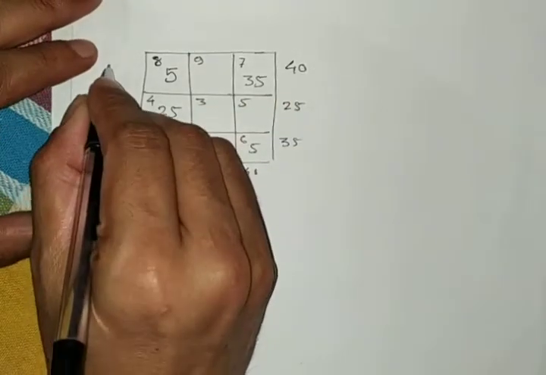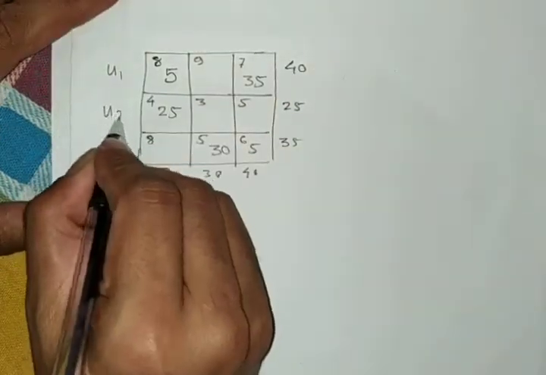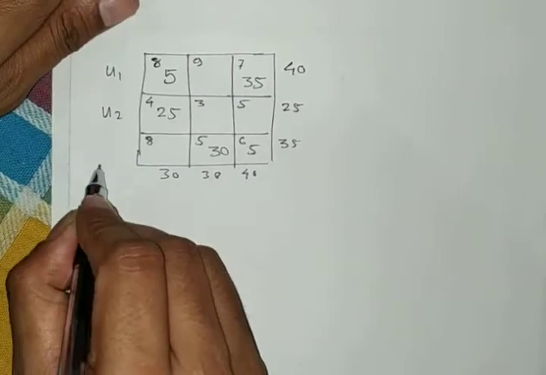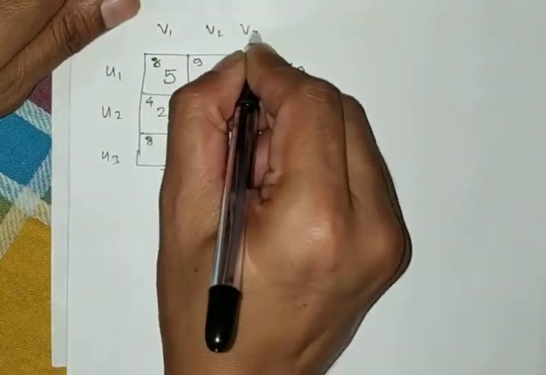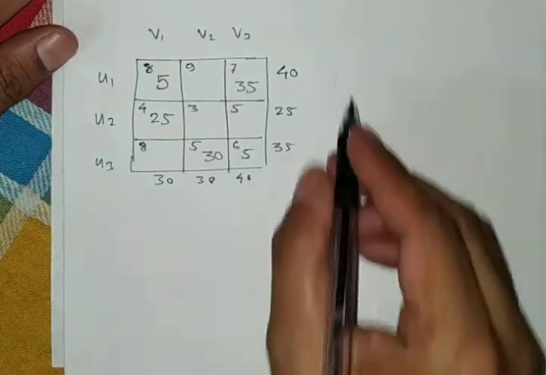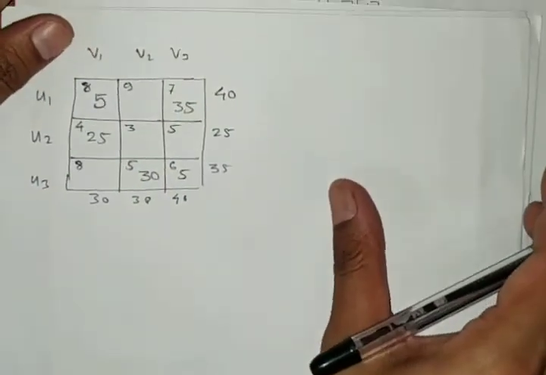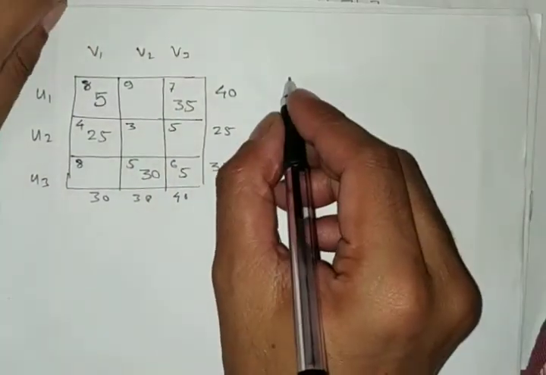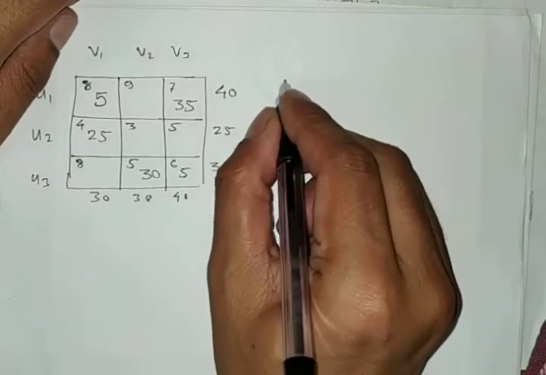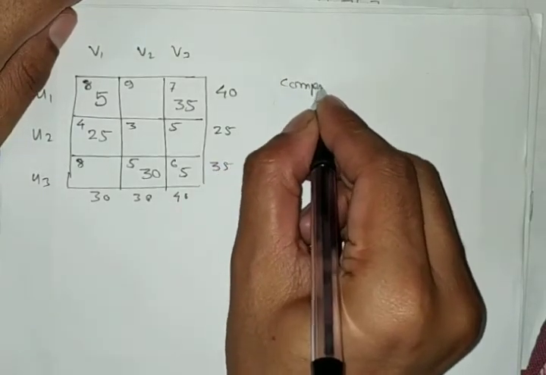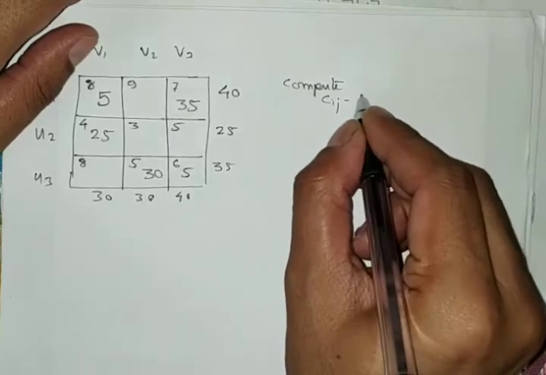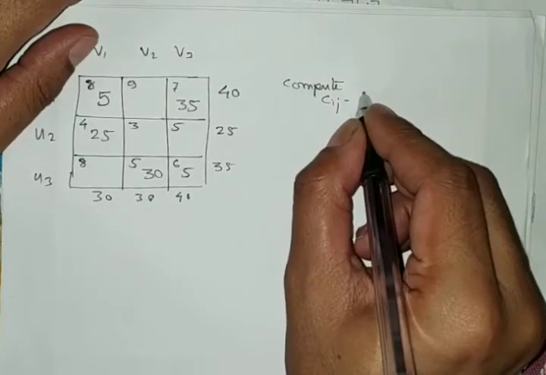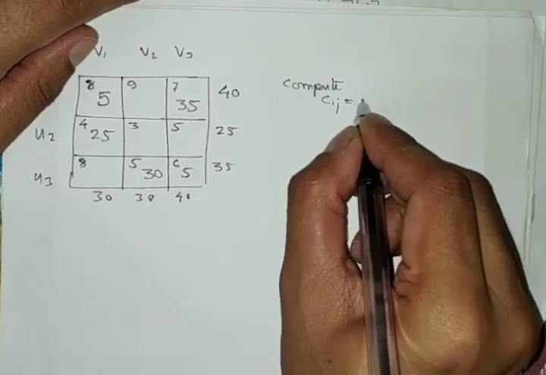Again you have to put U1, U2, U3, V1, V2, V3. So here again you have to compute Cij minus Ui plus Vj